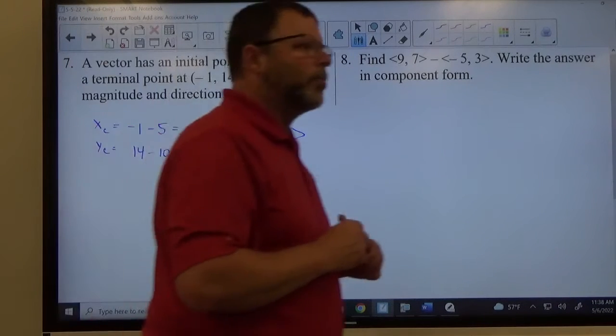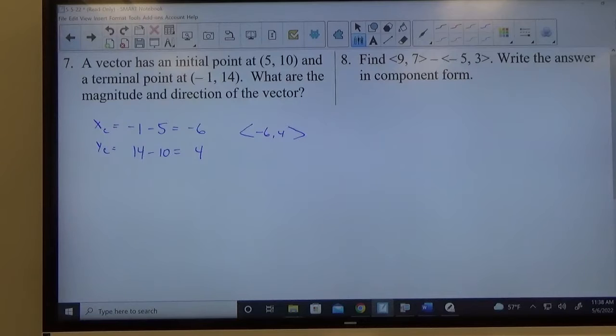Okay, that's the first thing I want to do: I want component form to be able to create the trigonometric form. How much more time do I have? 52, so I got 15 minutes. All right, so